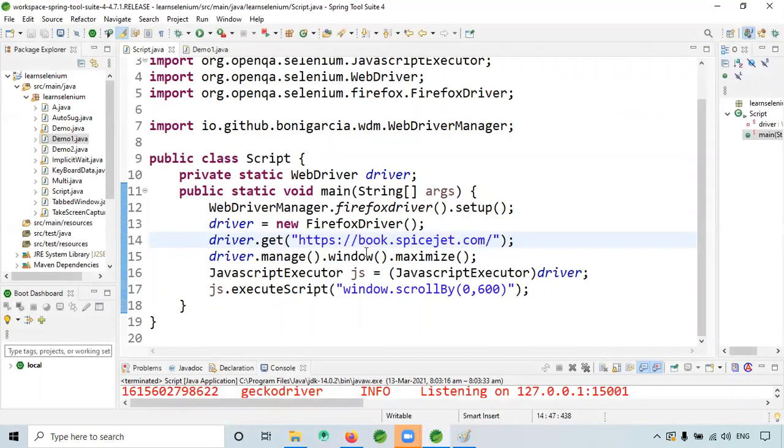Yeah, JavaScript pop-ups, right? That JavaScript validation. Previously we used to do it with the JavaScript executor only, if you want to perform anything. Nowadays, what is happening is we have something called the Alert class. By using that, we can do it. For example, I will show you an example.